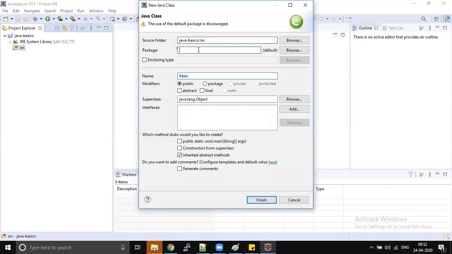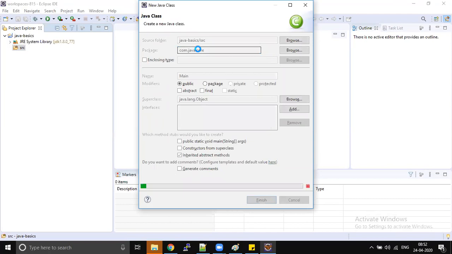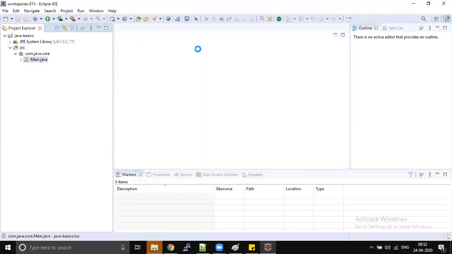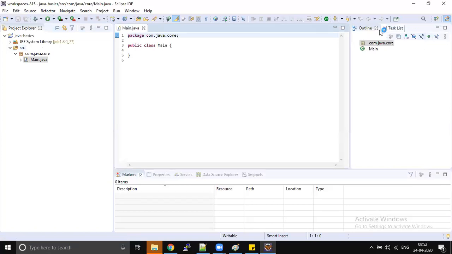It is always a good practice to give a package name. So let's give that. Now we created a simple main class. I'm going to add